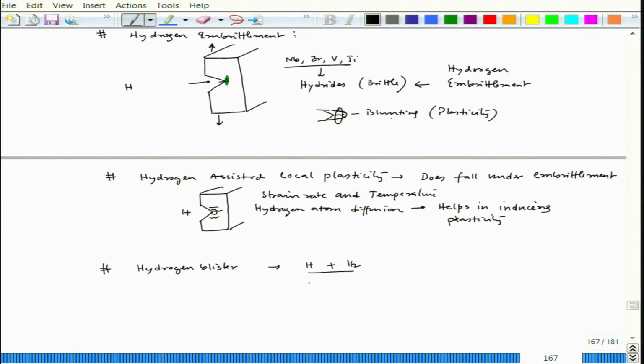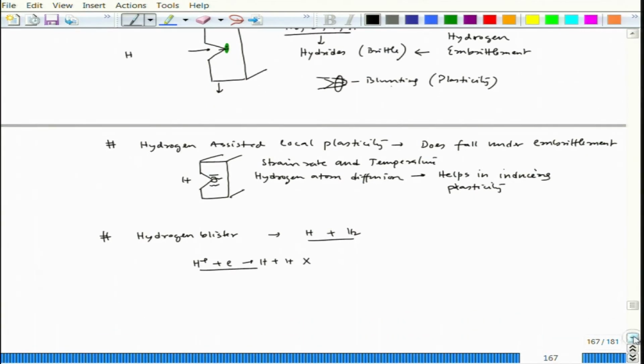Now, what happens if, let us say, a steel container is holding acid, and there could be a possibility of an enormous amount of cathodic reaction, where hydrogen forms hydrogen atoms, and if recombination is not possible,